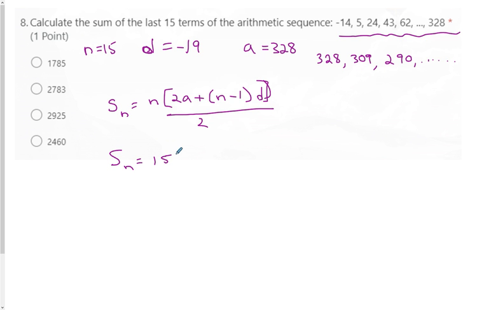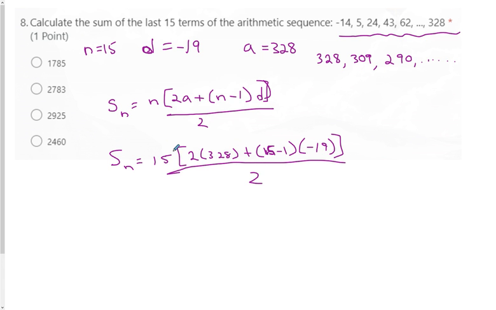So we've got 15, 2 times 328, plus n minus 1. n is 15, so I can put that in. And our common difference is negative 19. All of that over 2. Let's get rid of the 15 and the 2. 15 divided by 2 is 7.5. So we've got 7.5,